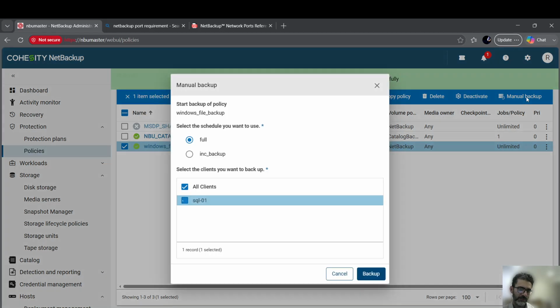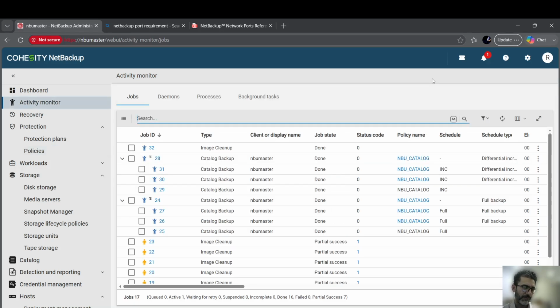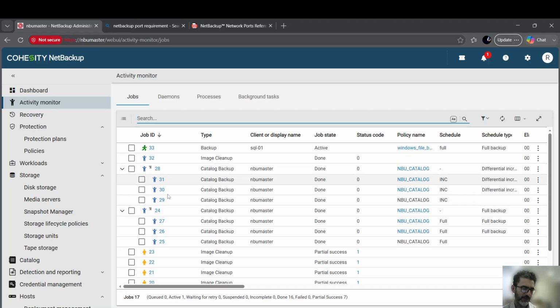and now I just do manual full, and it will initiate the job. I mean, this is a catalog backup. You guys see that we did it last time, so it's a schedule. That's why it's running. And after we created the catalog backup, the image cleanup is not showing partially successful anymore, and it's getting successfully